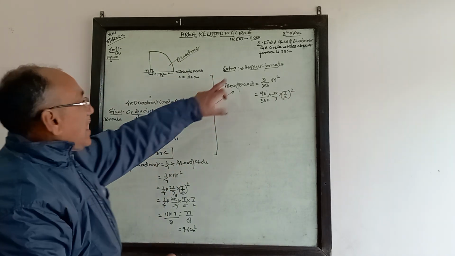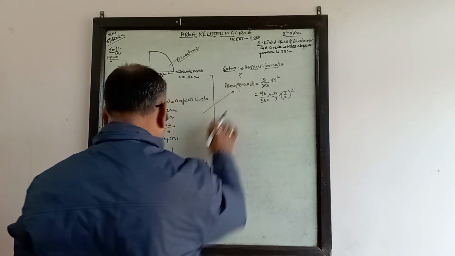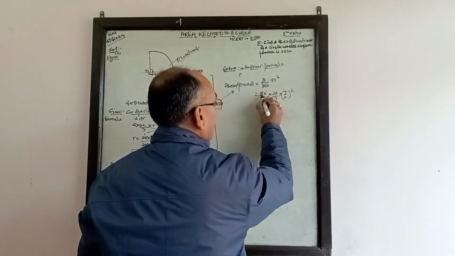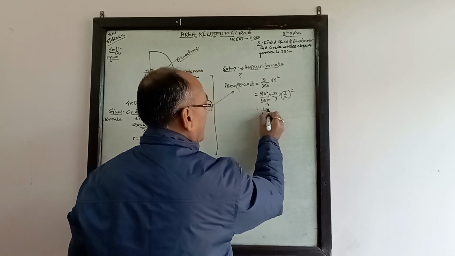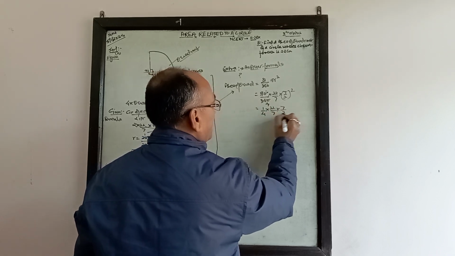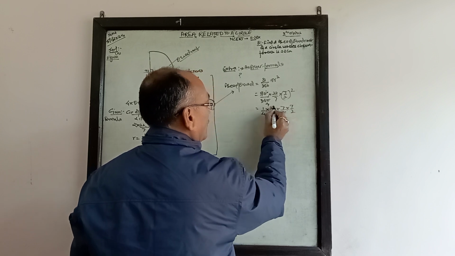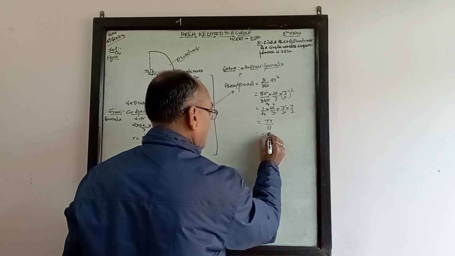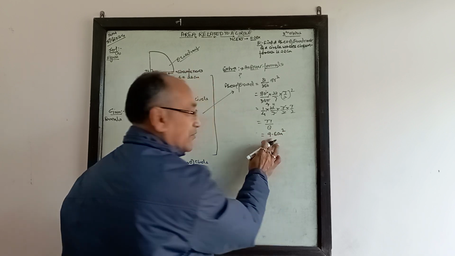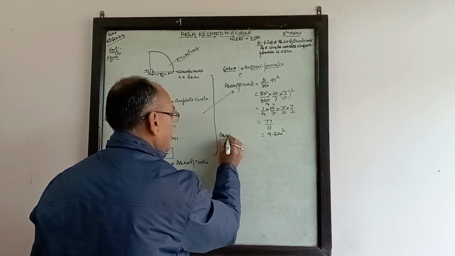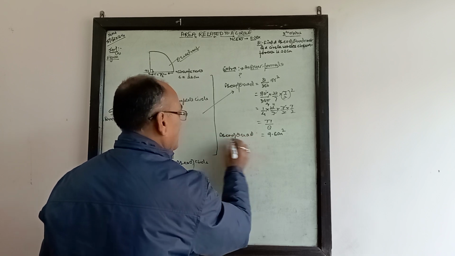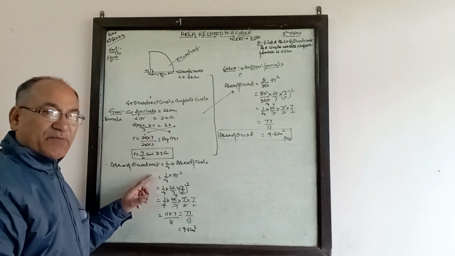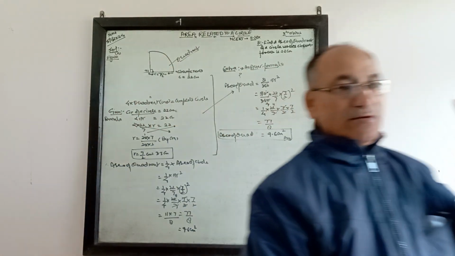You will have to do this much procedure here also. After that, in place of this you are keeping this formula. So now 90 by 360 is 1 by 4 into 22 by 7 into 7 by 2 into 7 by 2, 2 fours, 11 sevens, 77 by 8 is equal to 9.6 centimeter square. Be sure to write the unit. So now this area of quadrant is equal to this one, this is your answer. Sure, sir? Yes, sir. Either you can use this formula or this, it depends upon you.